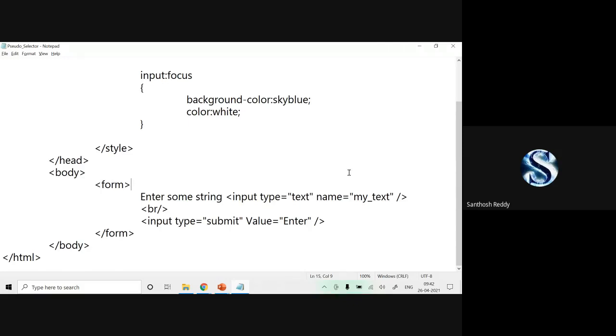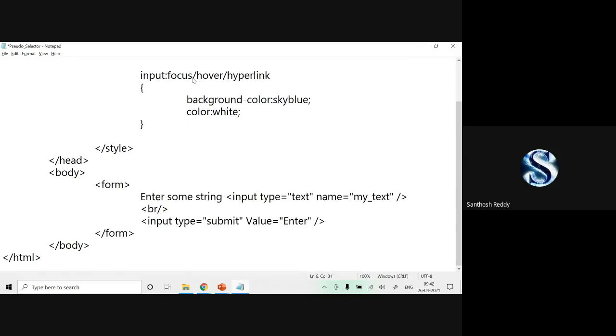So what I have done is I have taken this tag name. I have specified input, colon, and then focus. There are three properties: focus, hover, hyperlink.